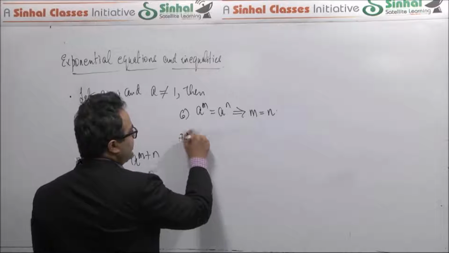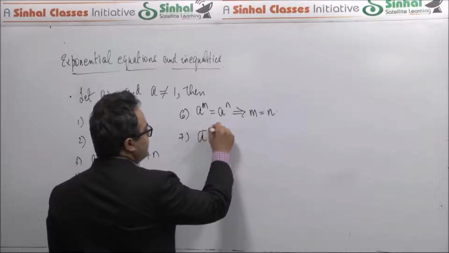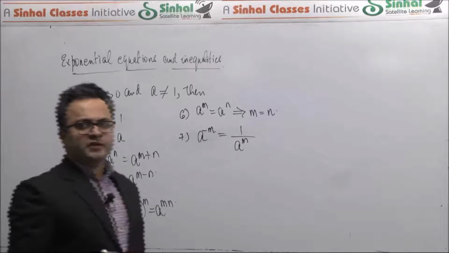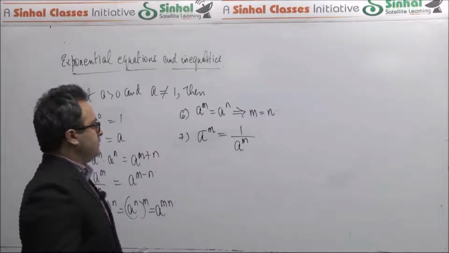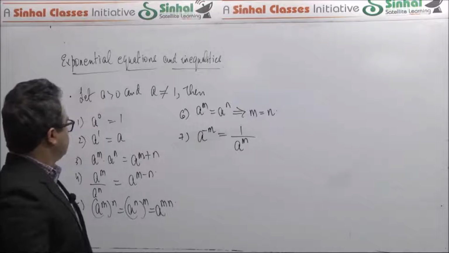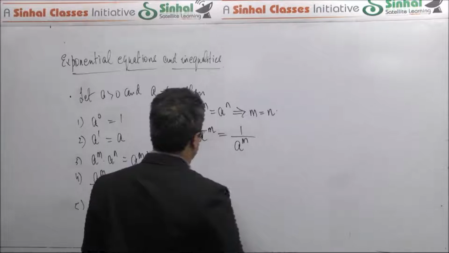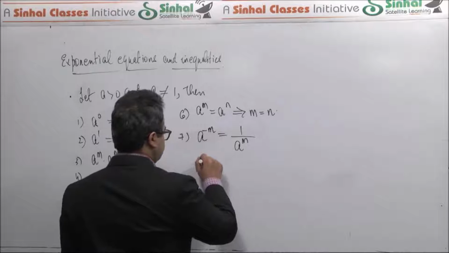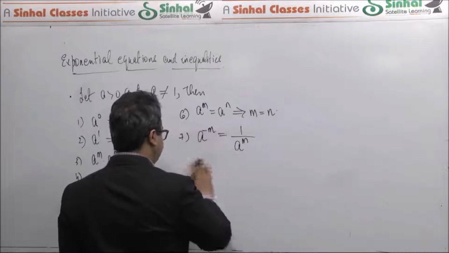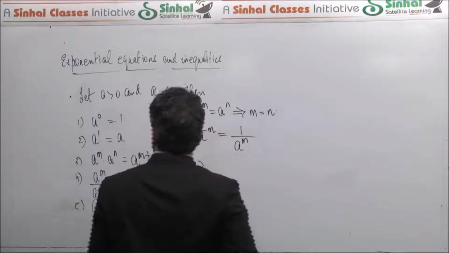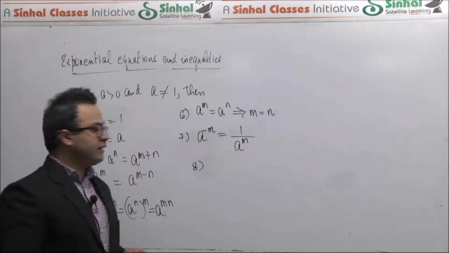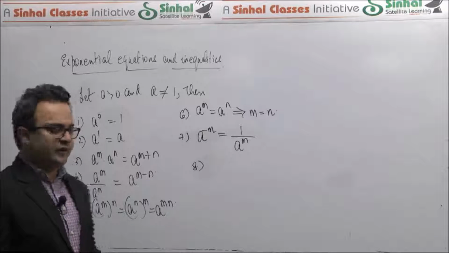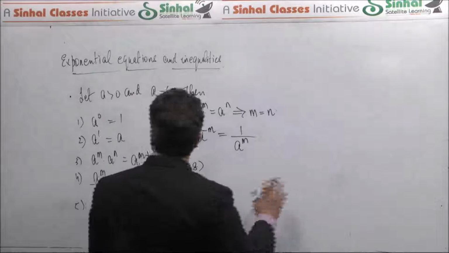And of course another basic property, when you're talking about negative exponents: a term of the form a raised to minus m is basically the same as 1 upon a raised to m. Then we can also come up with some properties of exponents which involve inequalities. So for example, again assuming that a is positive,